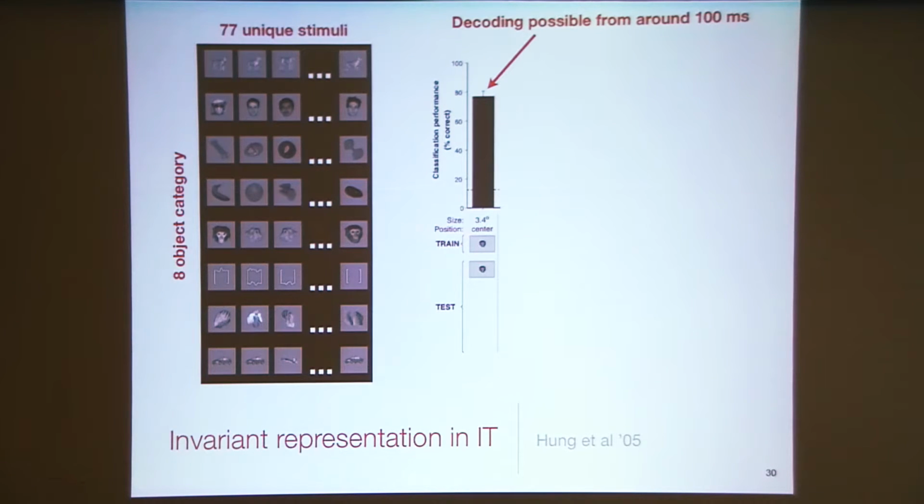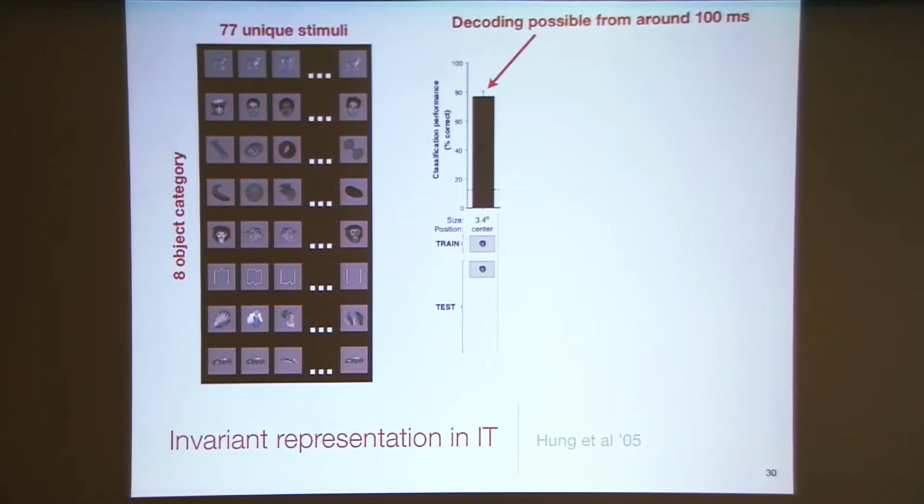So here's what they did. Essentially, they considered these 8 object categories and trained a linear classifier on a subset of the stimuli and tested the linear decoder on disjoint sets of objects and showed that indeed it's possible to very reliably decode the category information related to the presented stimuli at a relatively high level, about 80% accuracy, when chance level would be somewhere around 12-13% accuracy.